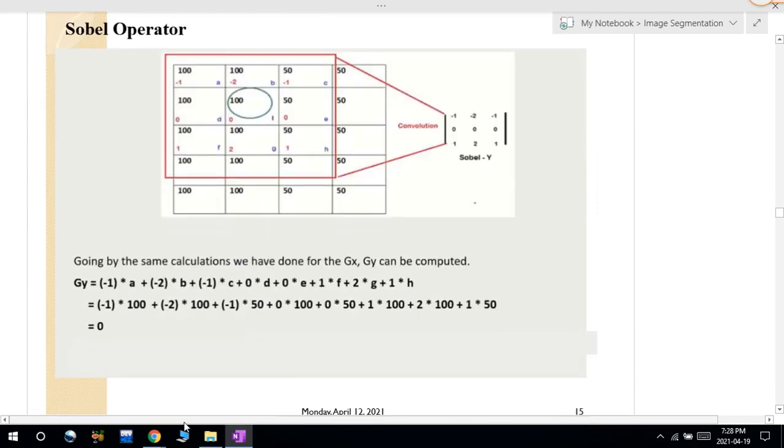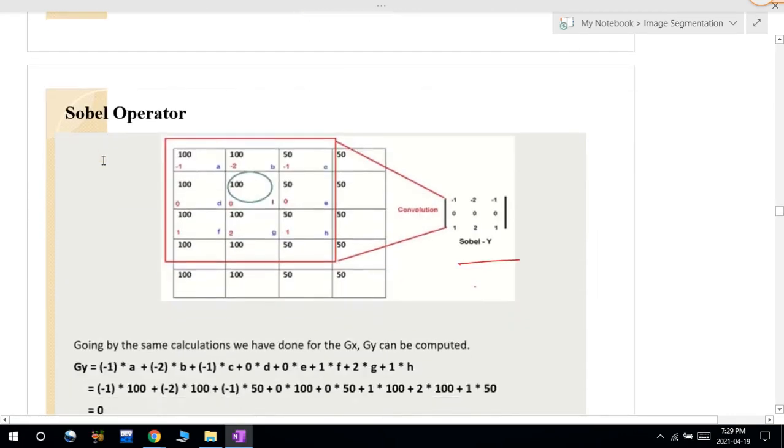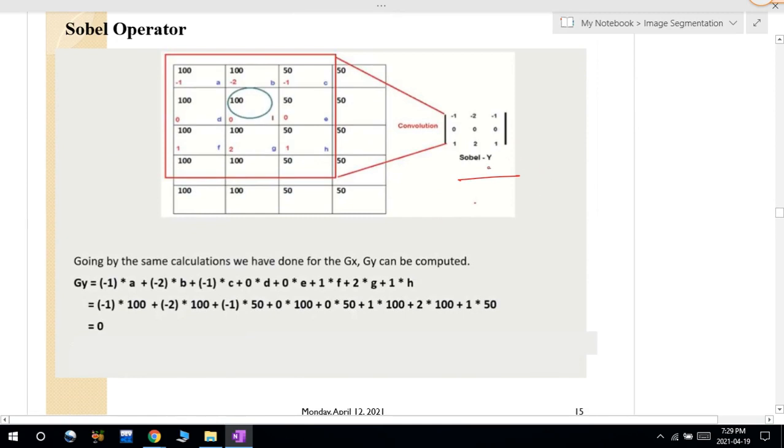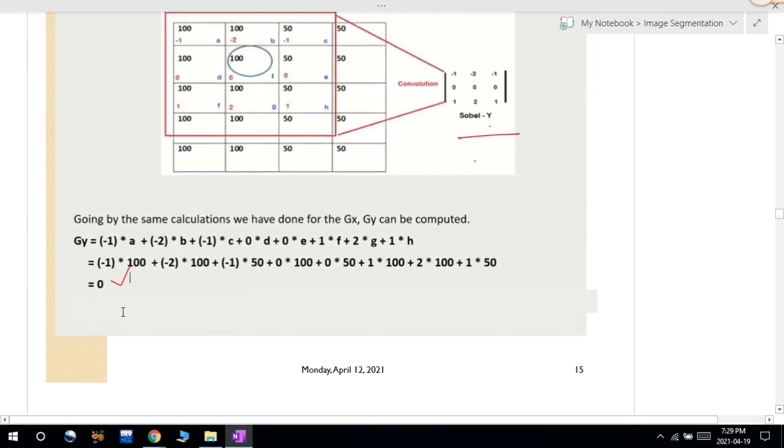In the same manner, I will apply this Sobel y operator. For the same 3 by 3 part of the image, I will apply the Sobel x operator to find out gx. Once gx is found, then I will apply this Sobel y, which is used to find out gy. Once these two, gx and gy, have been computed, these are called the gradients of the image, only for that particular 3 by 3 part. After completion of this one,